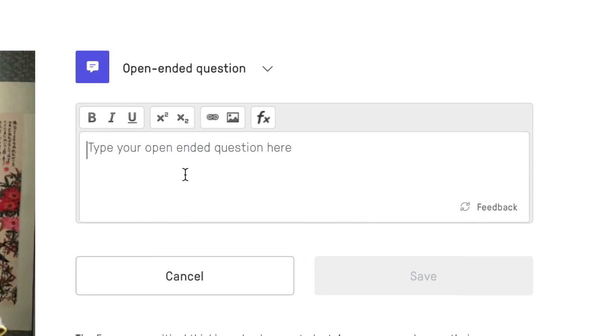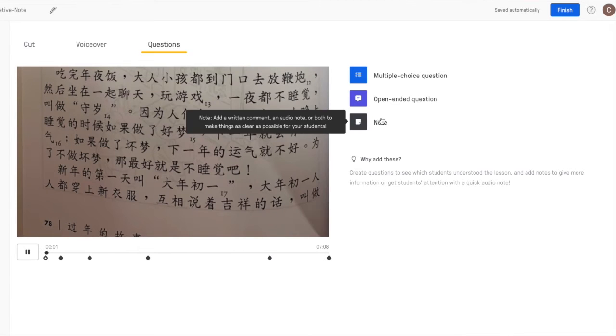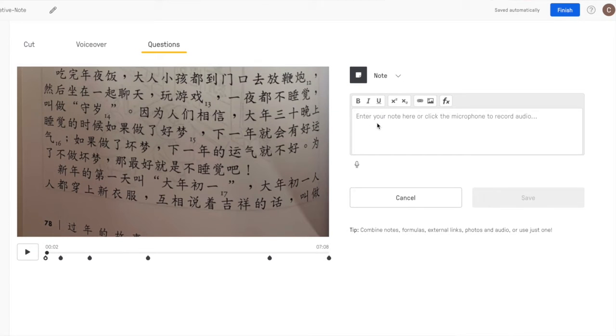For open questions, create a question. Students will be required to write their own answers. Likewise, you can provide feedback. Finally, make use of notes to provide additional information, which can be helpful to engage your students during the